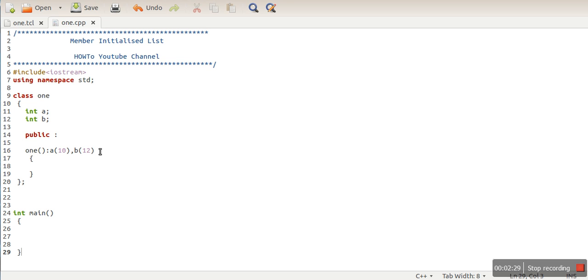Now there is a question you might be wondering: why are we going for this approach, why are we not going for a equal to 10 or b equal to 12 in the constructor? So in order to see that reason, let's make one of these members const. If you remember, a constant variable always has to be initialized at the time of creation. So when we create that constant object, at that time the constant variable has to be initialized. So if we have written here like this,